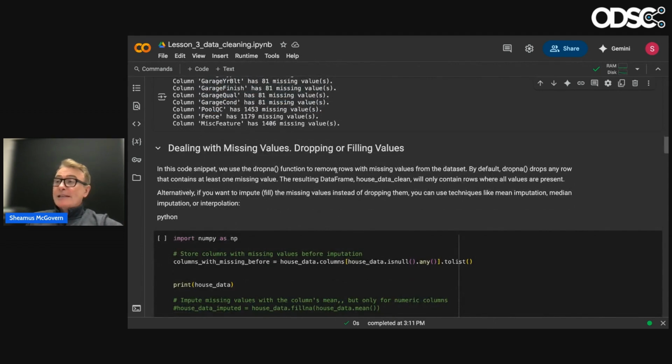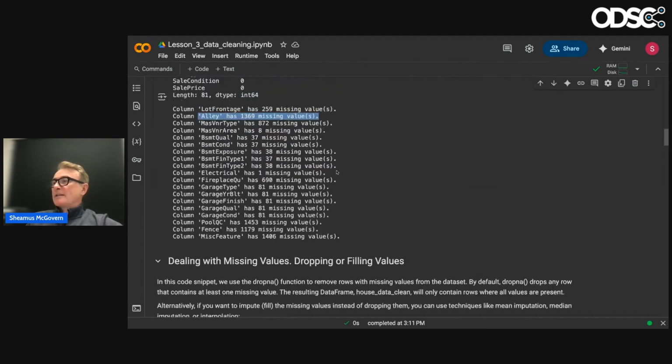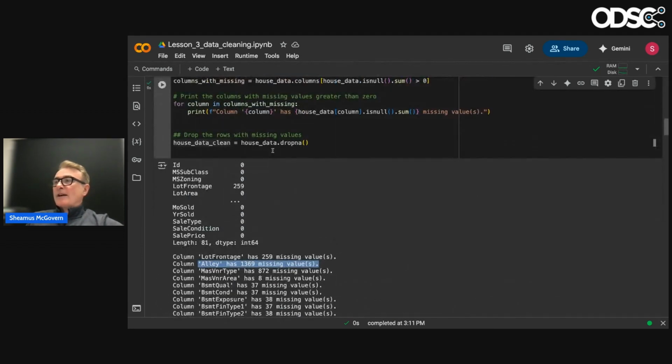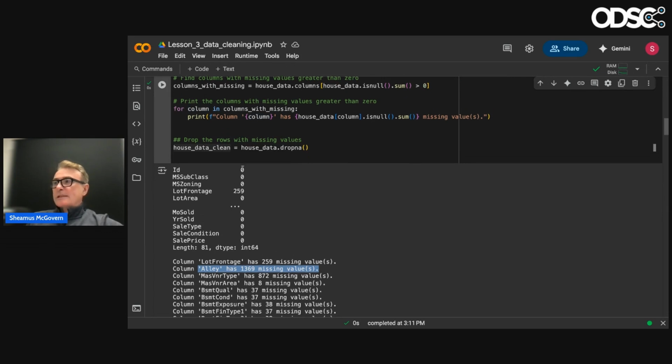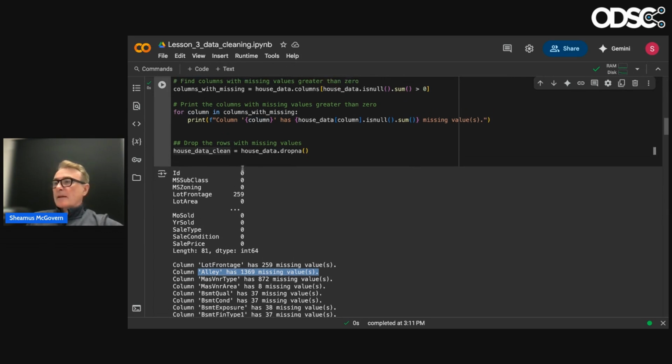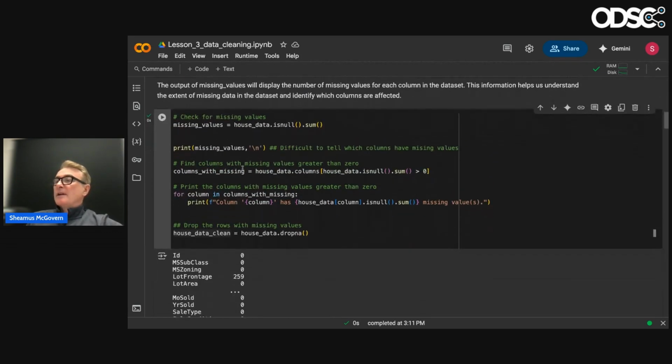Because a lot of places you need an alley. That's where you put out your garbage and stuff like that, right? So this is very important, and using our for loops, we're able to loop through this and find it out. And then what I'm going to do here, one solution is,